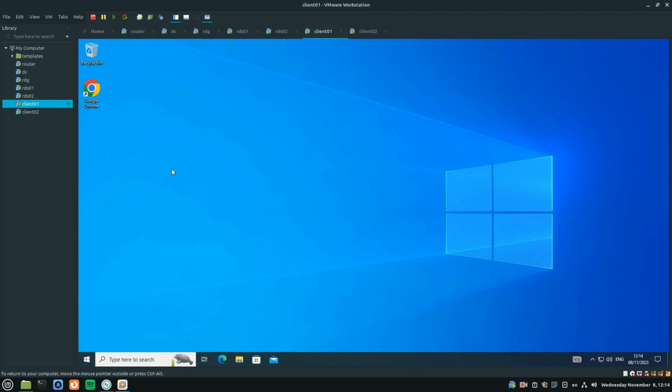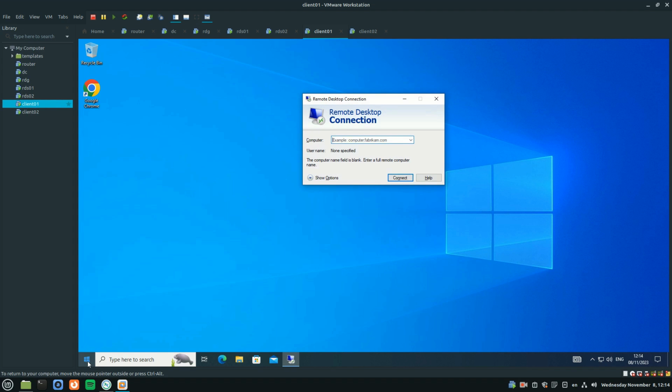Let's test the RDS farm. First, we will try to connect directly from a computer on the local LAN. In the client computer, type mstsc to open remote desktop connection. Type the farm name rds.example.local.